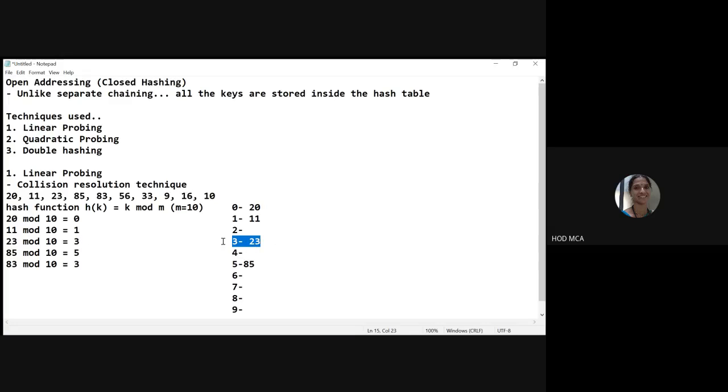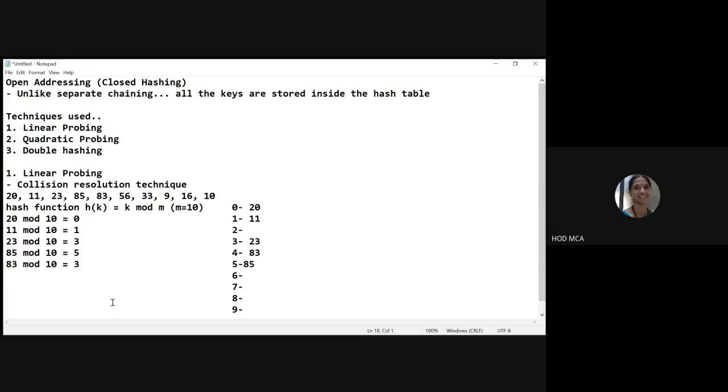So I can't store 83 in the third location now. What do I do in case of linear probing? I go on searching until I find an empty location. So whichever is my next empty slot, I will just store this number there. All right. So 3 is occupied. I can't store. Next is 4. 4 is empty. Correct. So I will simply store this 83 in the location 4.